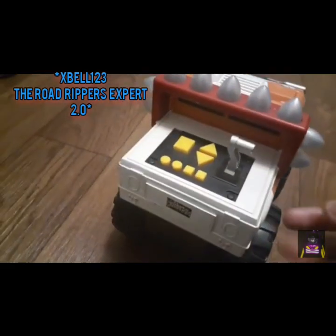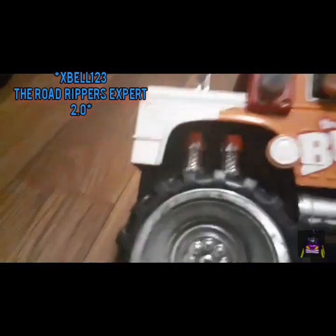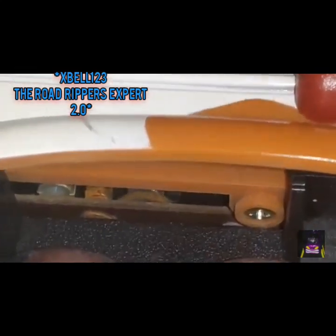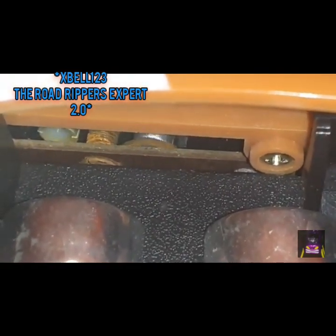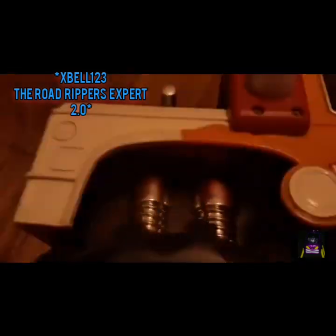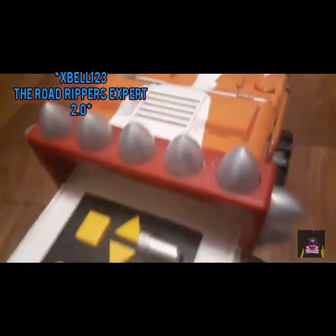Because then I'd have to unscrew the board and stuff and put another one. Because if you look down inside there, you can see that it's missing for sure, because there's the one that's on the other side. It's missing for sure. Yeah, there's that. And as for the collar,